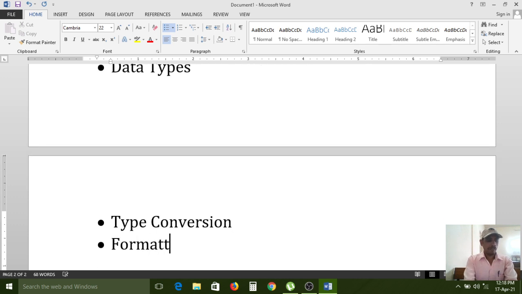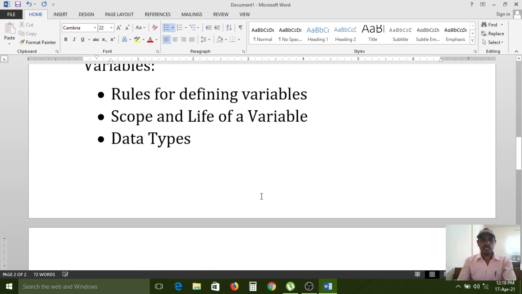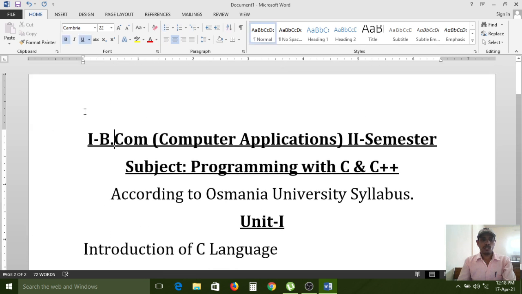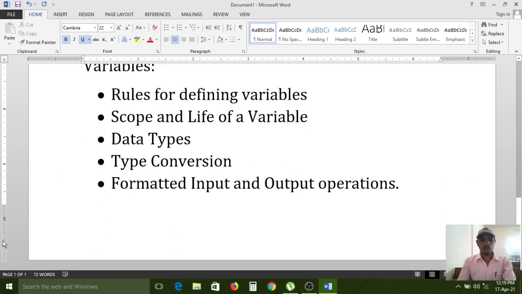Next, formatted input and output operations. And the second chapter is also completed. The syllabus part of the second chapter is completed.